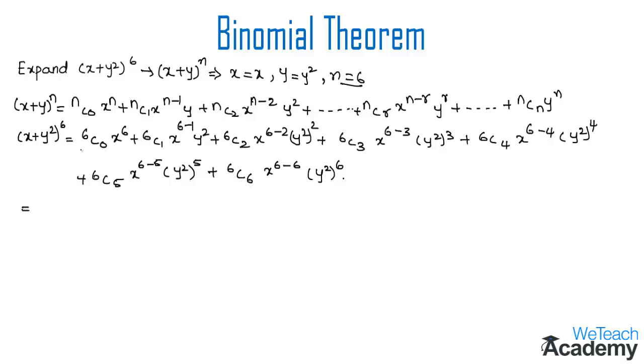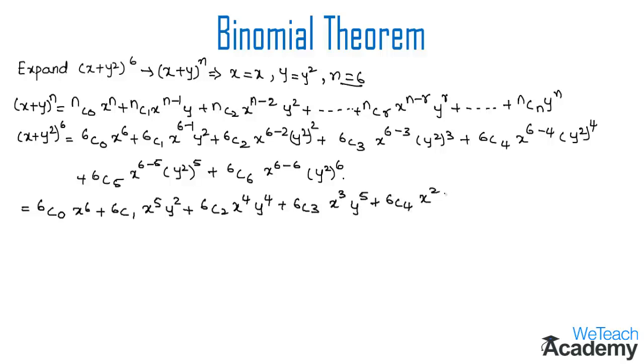In the next step, this would come as 6C0 x⁶ plus 6C1 x⁶⁻¹, which would come as x⁵ into y², plus 6C2 into x⁶⁻², which would come as x⁴ into (y²)², which would come as y⁴. Similarly, by simplifying all the other terms, we get 6C3 x³ into y⁵ plus 6C4 x² into y⁸ plus 6C5 x¹ into y¹⁰ plus 6C6 into 1 into y¹². And now let us find the value of the binomial coefficients 6C0, 6C1, 6C2, 6C3, 6C4,